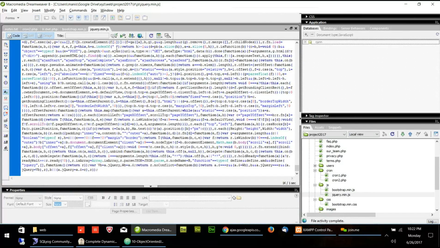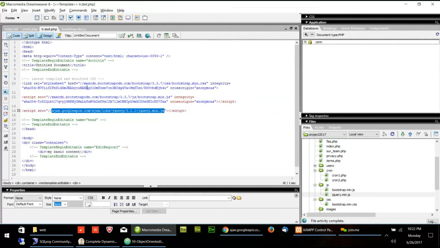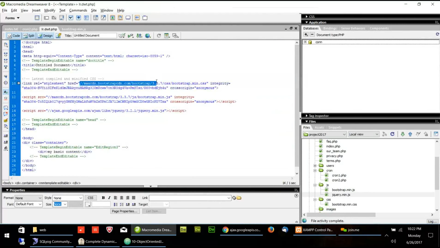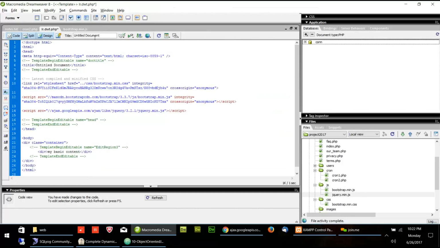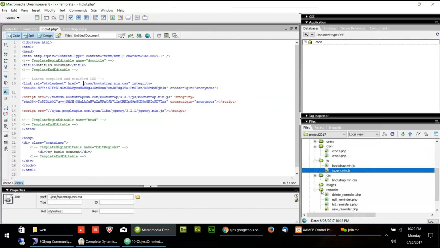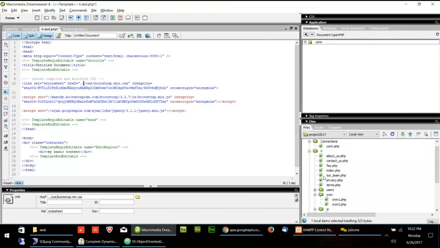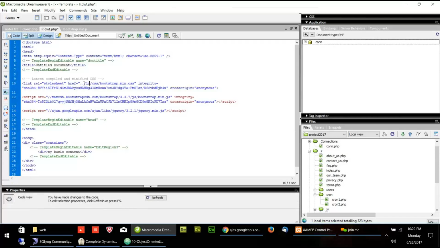And now instead of calling external link, I will say dot dot, because this template is in the templates folder, which lies here. So I have to go one level up. So I will say dot dot slash LR slash, inside LR folder I want to go to CSS folder, inside